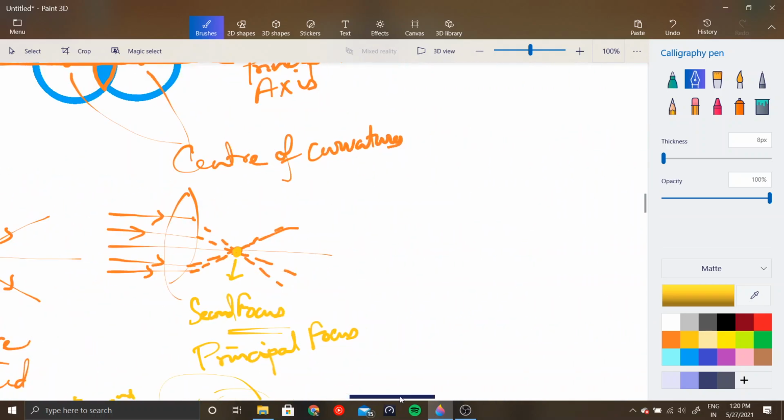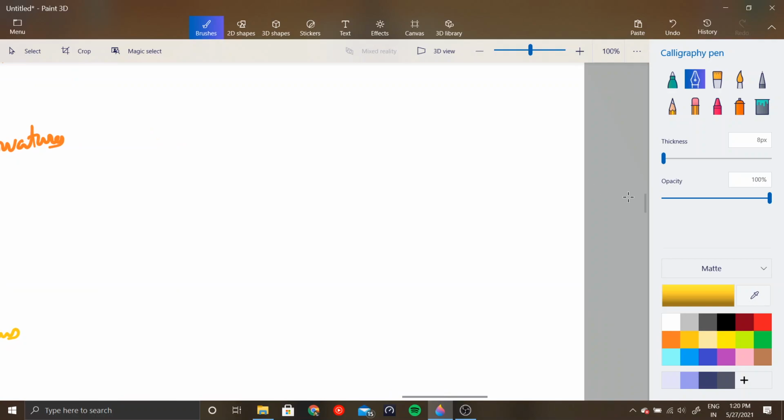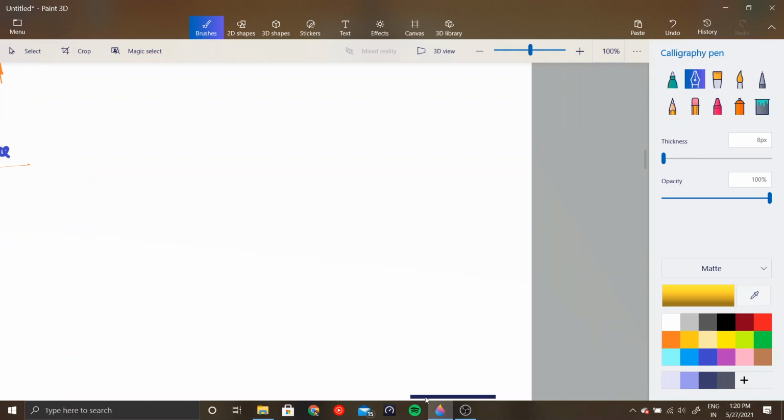Now let me give you guys a table, so you intuitively know what is what and where images will be forming. You just need to have a pencil and a scale, and you will be able to give out the position of the image and the nature of the image. But for your simplicity, I'll also give out a table. So see: object, image, type.